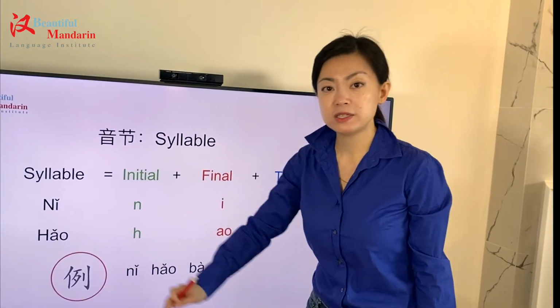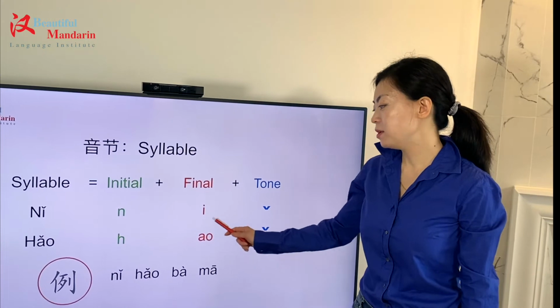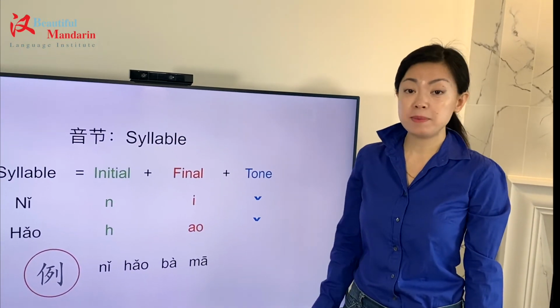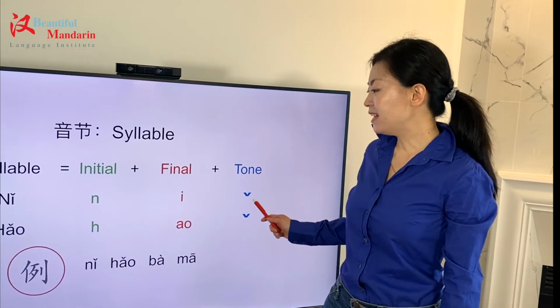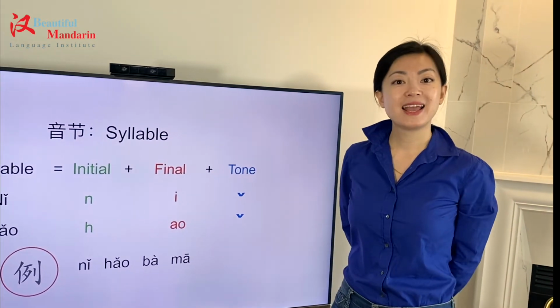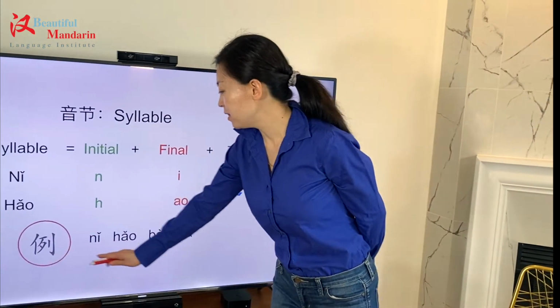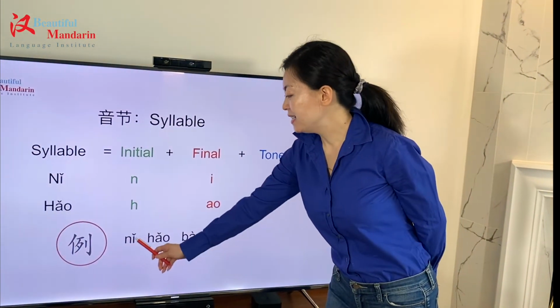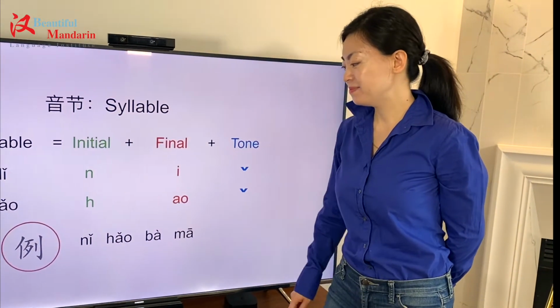The final part is compound final. That means you will have two letters or maybe more. And the last part of the syllable is tone. Let's take a look at those examples. 你好爸妈